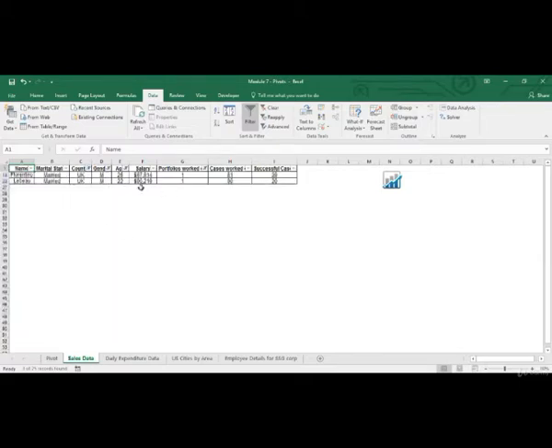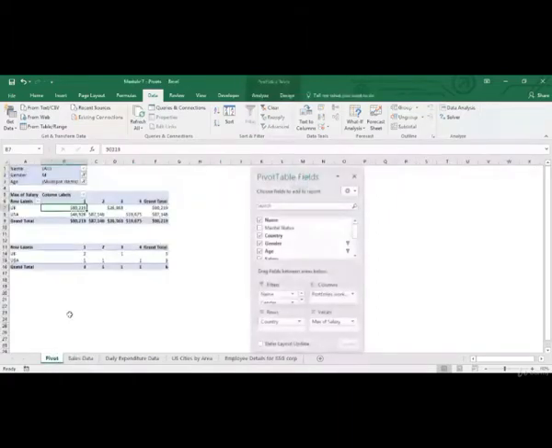So I've got these two employees. As you can see, the maximum salary of these two employees is $90,219, which is what our pivot table is now showing.